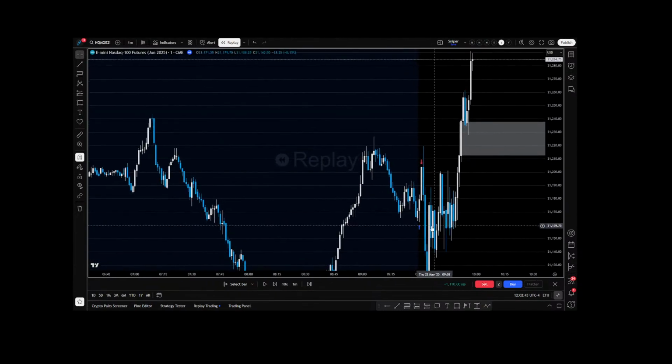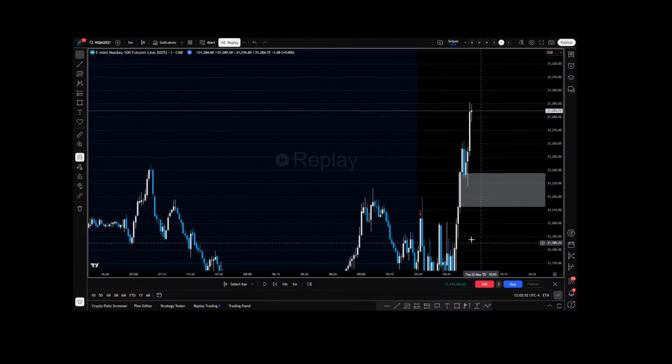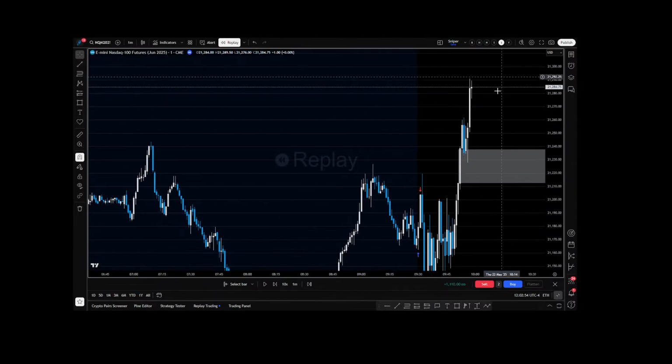And sometimes this is just what happens, right? We had this long setup. Fortunately, waited for the retracement, got stopped. It is what it is. Price needed a bit more consolidation, and then our bias was right, but just not the best setup.